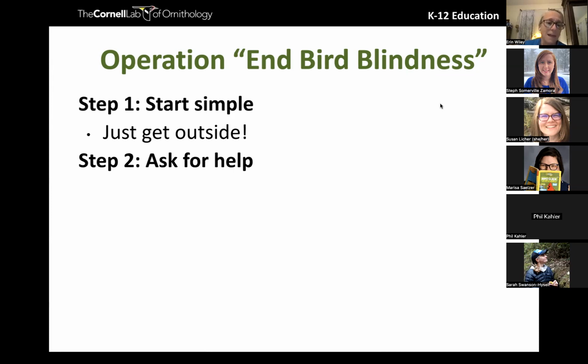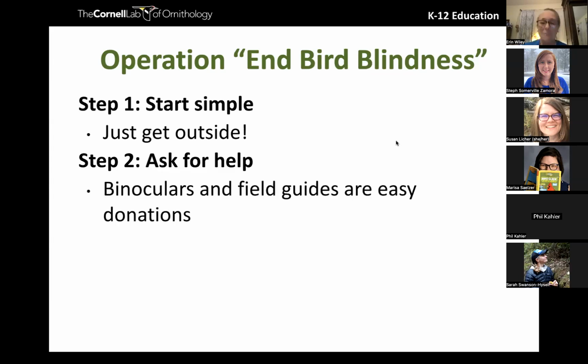Okay, next one. And then I asked for help. I had 2 pairs of binoculars, one pair that I got when I went to bird camp, and then another pair from my great grandfather. And I started to just ask for help. I'm not allowed to do DonorsChoose with my school. So I just put a request out there, and then I went to every garage sale I could find. So I usually use just these really quick bird field guides. And then I've acquired 20 pairs of binoculars. I have more, but 20 workable pairs that people have just donated to me just from me asking.